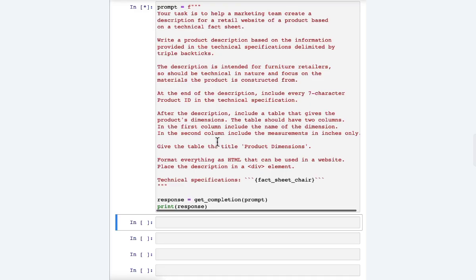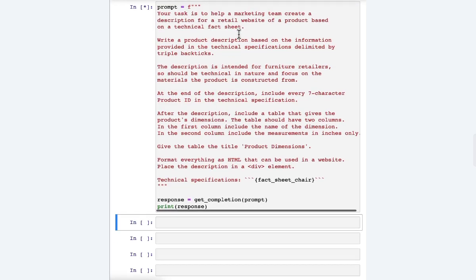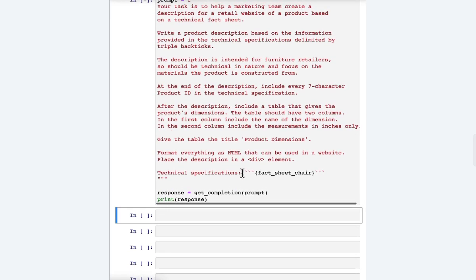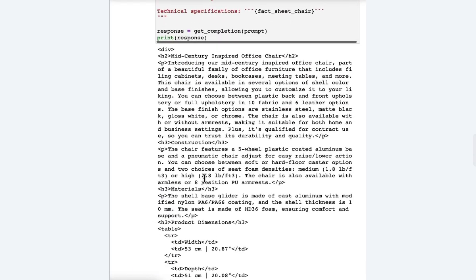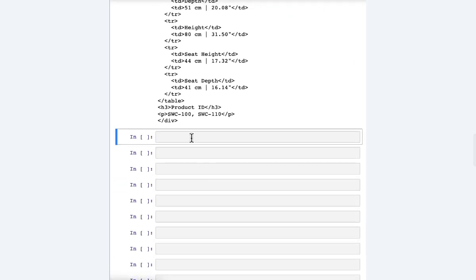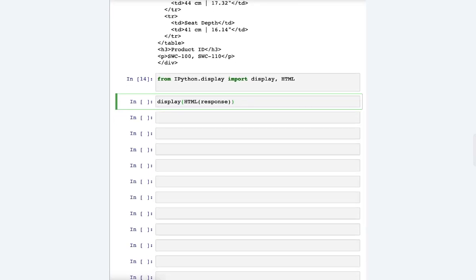And in practice, you would end up with a prompt like this really only after multiple iterations. I don't think I know anyone that would write this exact prompt the first time they were trying to get the system to process a fact sheet. And so this actually outputs a bunch of HTML. Let's display the HTML to see if this is even valid HTML and see if this works. And I don't actually know if it's going to work, but let's see.